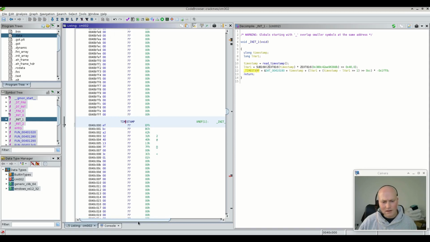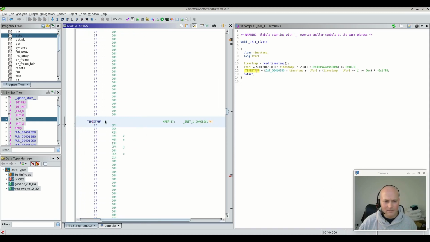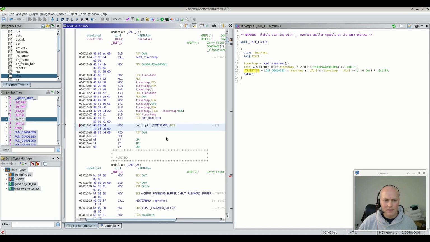But if you look at the cross-reference here, we can see that the only place it's referenced seems to be here. So it's basically got the timestamp and stored it globally. So it could be used later for something, for some reason. It could be something the developer did, or it could be some boilerplate thing that was done. But I don't think it seems to be used. And if it is, we can revisit it later. Which leads on to this one,